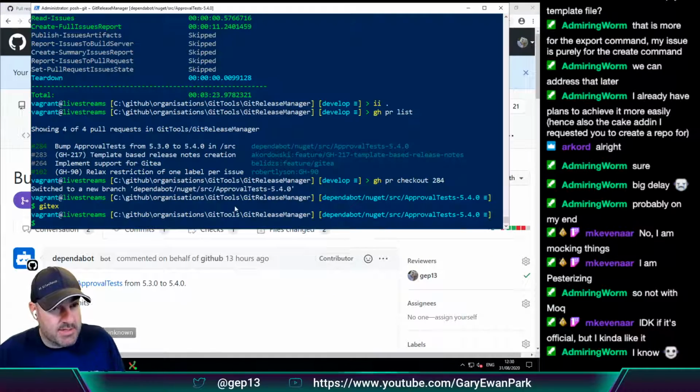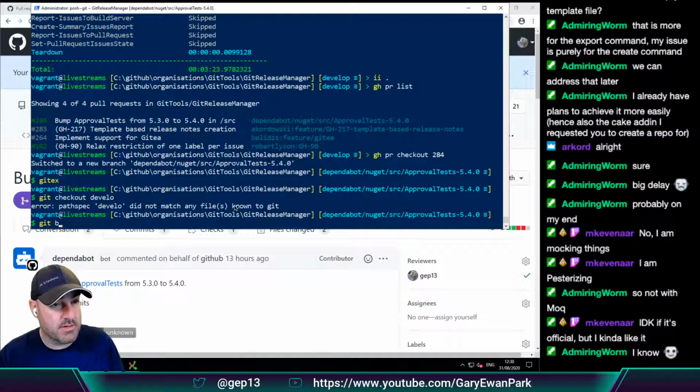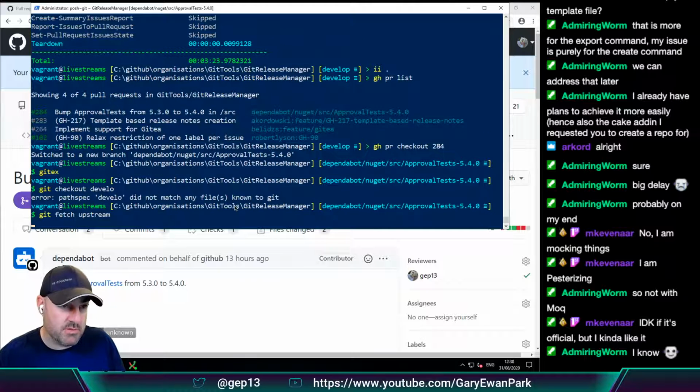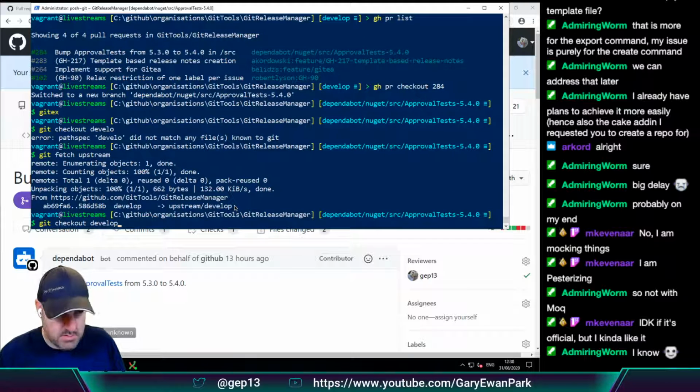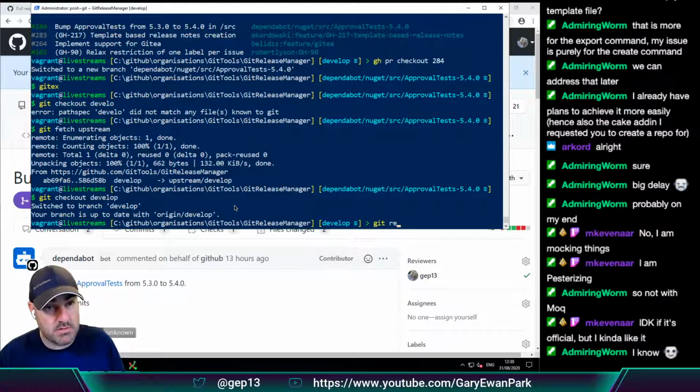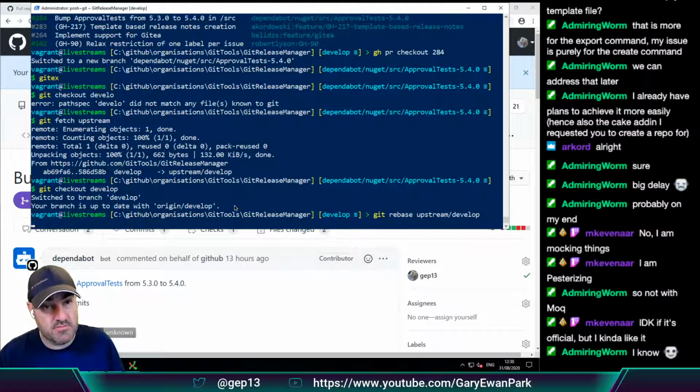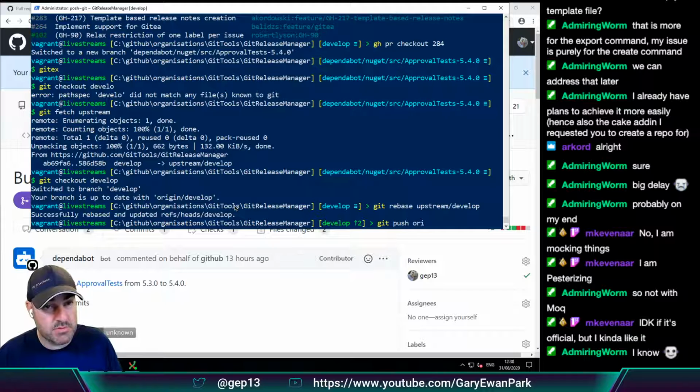So let's get this. Git checkout develop. Git fetch upstream. That didn't work at all, did it? Git checkout develop. Git rebase develop. Git push origin.